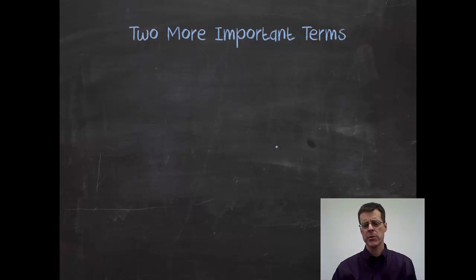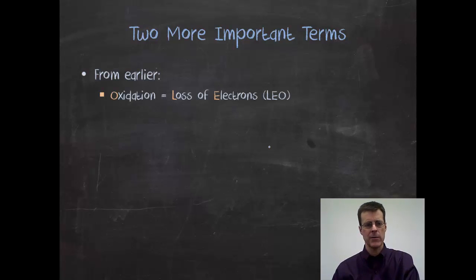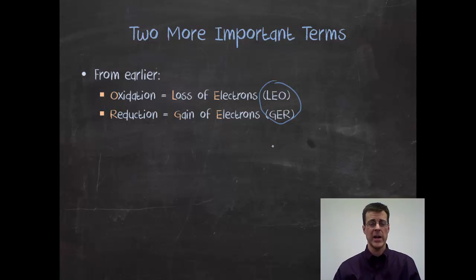A couple more important terms. We know about oxidation, loss of electrons. We know about reduction, gain of electrons. So you already have these 2 terms. The only thing I've added now is this little, what is it, an acronym? Loss of electrons is oxidation. Gain of electrons is reduction. If that helps you keep track, LEO says GER,